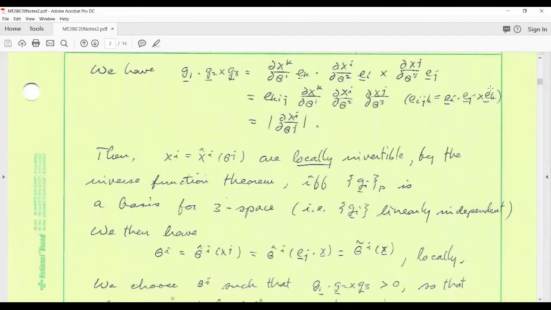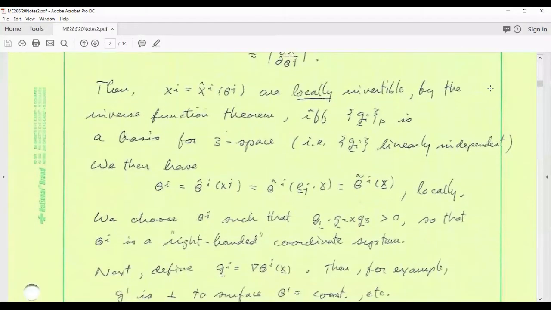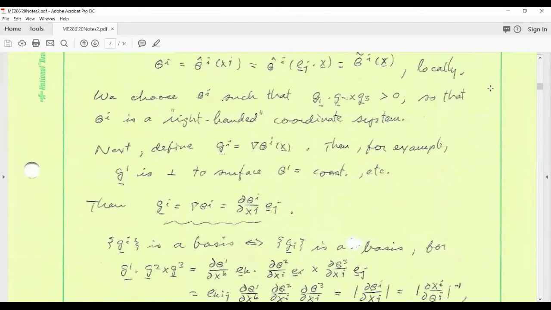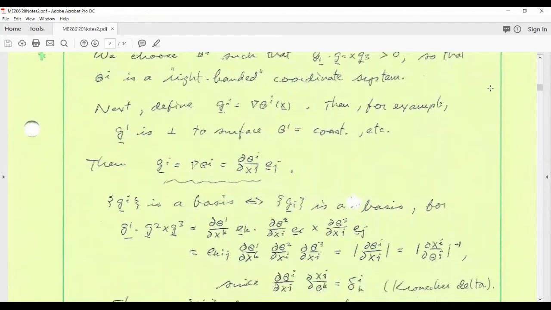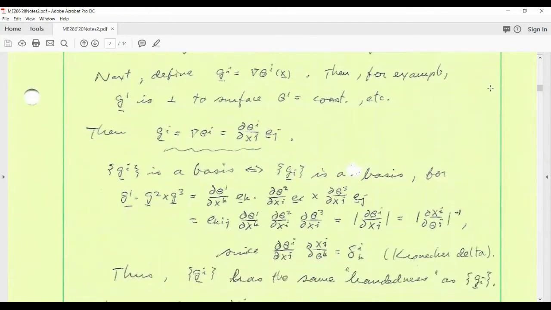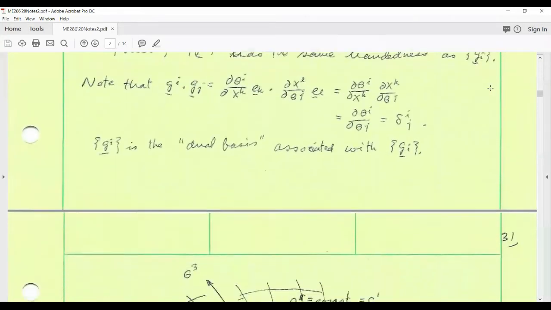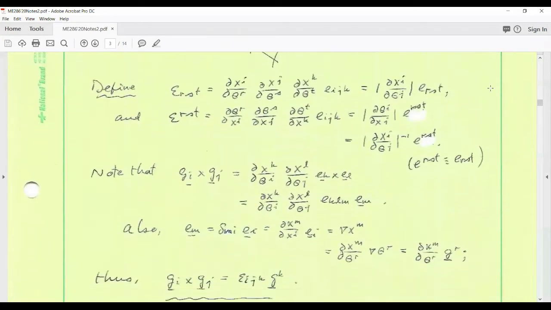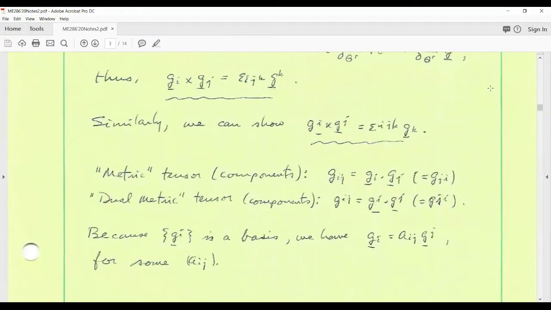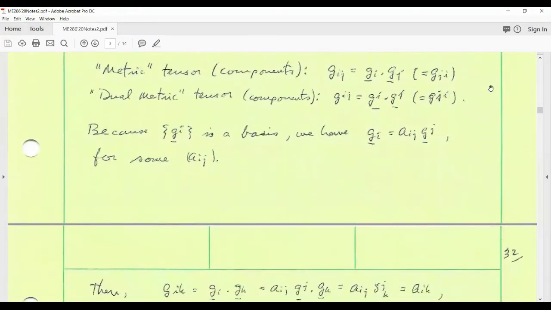Let's resume our discussion of differential geometry in Euclidean space. We were talking about curvilinear coordinates, natural basis vectors obtained by taking the derivative of a position vector with respect to curvilinear coordinates. We spoke about dual basis elements and so on. And we introduced the notion of a metric, dual metric,